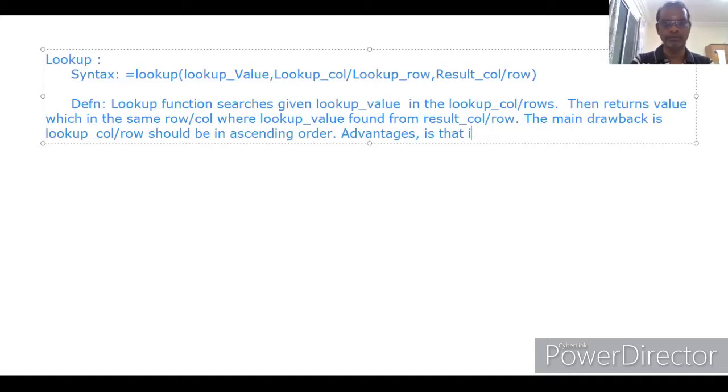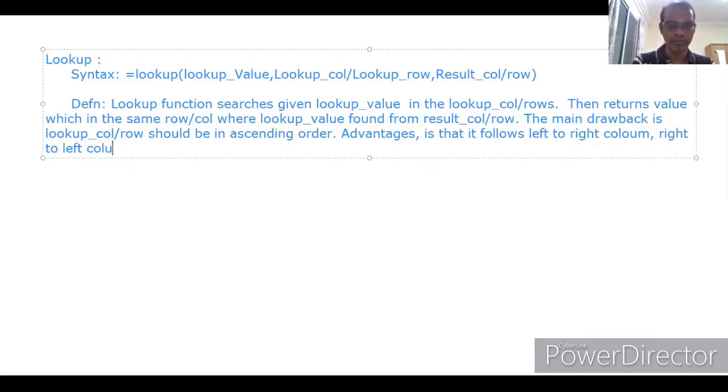The advantage is that it follows a left to right column approach, or right to left column, or top to bottom row, or bottom to top row.